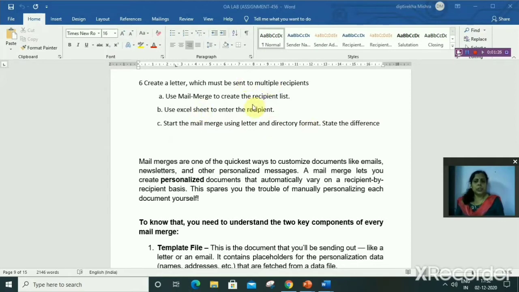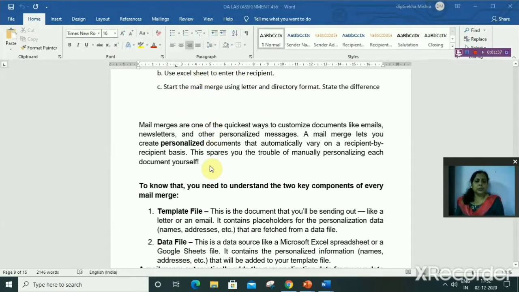So first of all, we discuss what mail merge is and what the basic steps for mail merge are. Then we will do the questions. So first of all, what is mail merge? Mail merge is the method by which we can send email, newsletters and other personalized messages to many recipients. Automatically it can send one by one. We have to write a single letter with the placeholder for the recipient